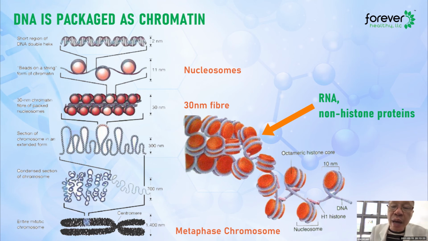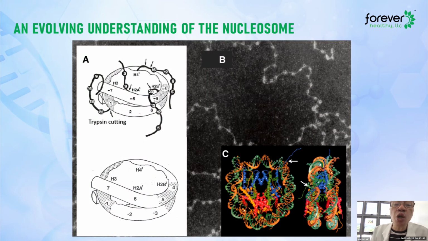So the recipe is there, but the recipe can be altered into another expression by the power of epigenetic medicine or supplementation. So, evolving the understanding of the nucleosome: it is actually made of 4 histones, as I told you before: histone 2A, histone 2B, histone H3, and H4. These 4 histones constitute what you call the nucleosome. So every gene is found in a nucleosome, and every nucleosome is governed by some epigenetic promoters to express that